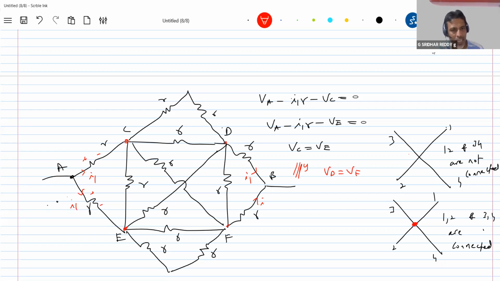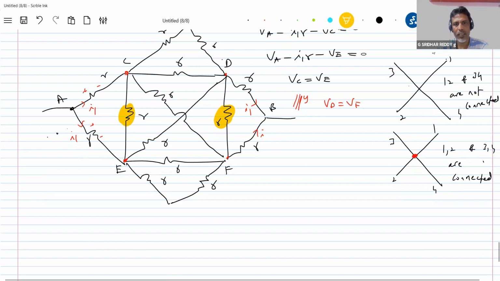Now what is the thing? If any resistor is directly connected across equipotential points, what should you do? You should remove that resistor. I brought different situations. If two points have the same potential and they are not connected by any direct resistor, you should make those two points common. But across equipotential points, if a resistor is directly connected, you have to remove it, because no current flows through it. This is what I put in yellow color. So after removing that resistor, the circuit will be